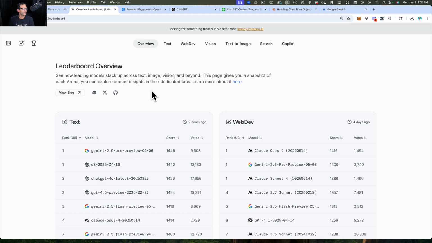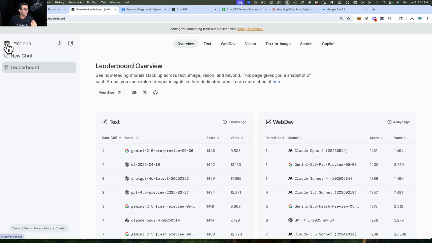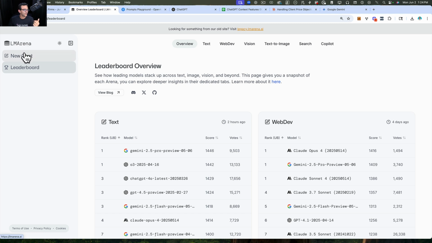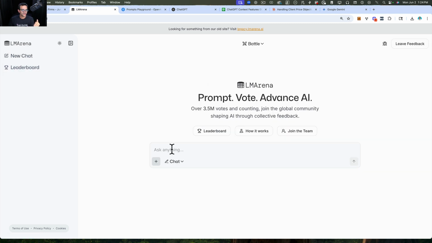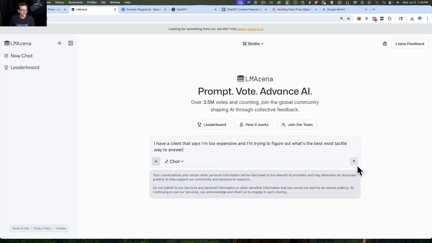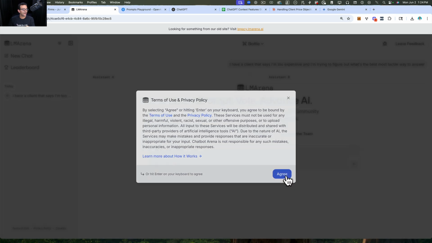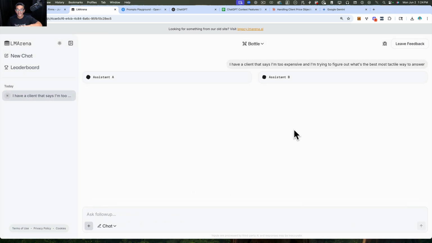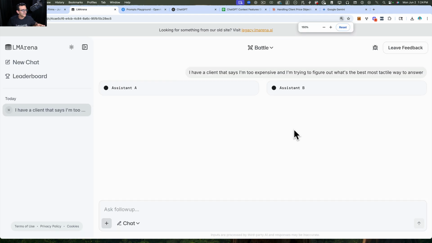What a lot of people do with LM Arena is a head-to-head chat analysis. They'll ask a question, and then it's a blind test. It gives you the answer from two models. We have Assistant A and Assistant B, which is what they're calling the battle arena, so to speak. You get each of the answers, and then you vote: I like A better, or I like B better.